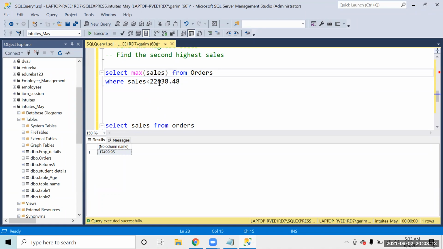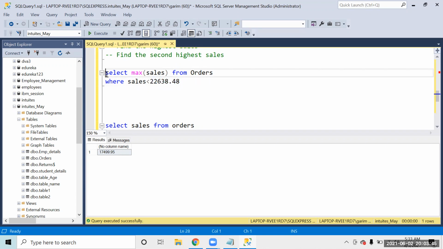No, there will be only, I'm saying the select maximum sales which is less than this. So this is the highest sale. I am saying I want to pick the maximum sales where the sale should be less than the highest number. So you will definitely get the second highest sales only. Okay, correct? So we are applying a where clause.